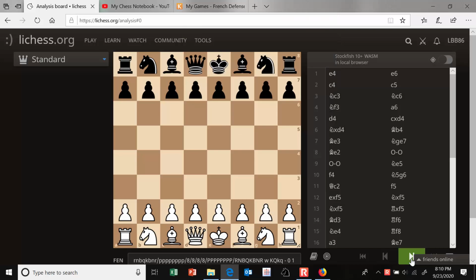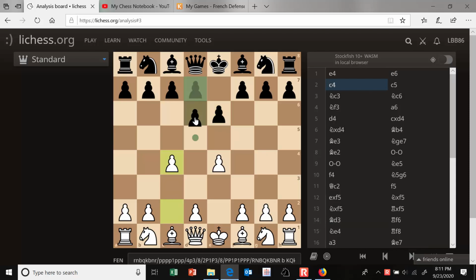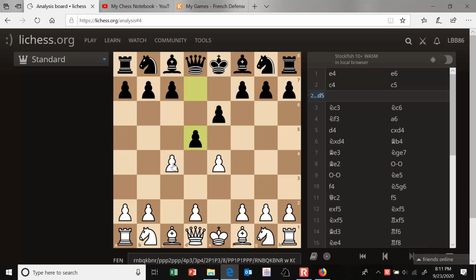I played a blitz game recently. I was white. My opponent played the French defense. Sooner or later I will learn all the theory behind all the different variations, but for now my go-to move is c4. If black continues with the normal French move d5, then I like to play c takes d5 and